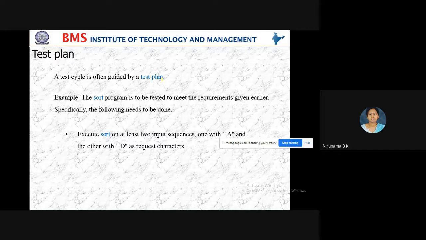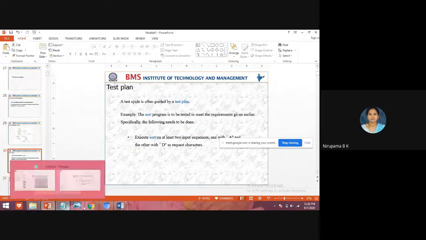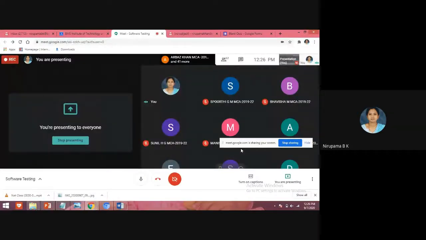That means you have to write test cases for your department. When you develop a project to automate the MCA department, what type of testing you want to do on that project, that you have to write. You understood my question, students? Respond. At least in the chat box you can tell, no? Whether you understood my question or not, at least tell in the chat box.